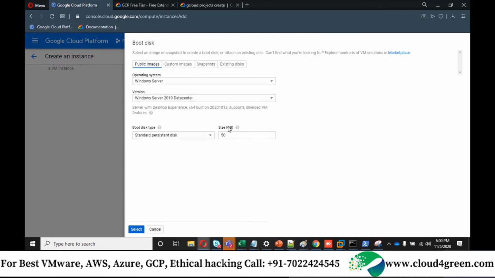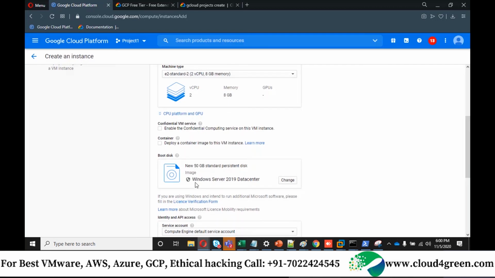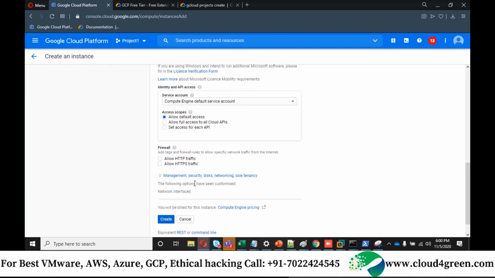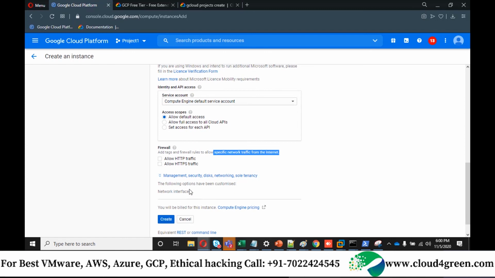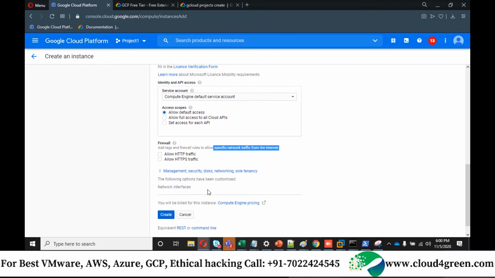Hard disk size, let it be 50 GB. Click on select, and there are some tags. Allow tags, firewall rules to allow specific traffic from the internet. As you know, we have set any traffic, any port, so you need not enable this. It would be enabled by default.